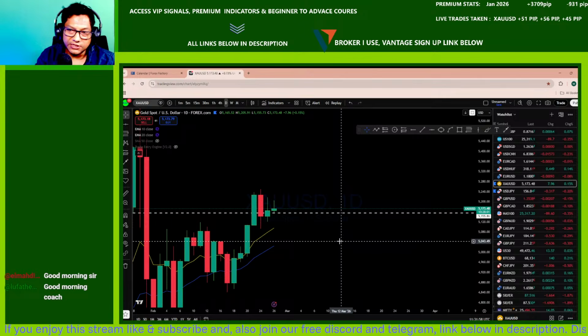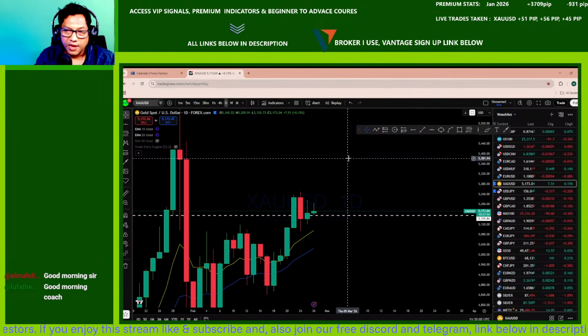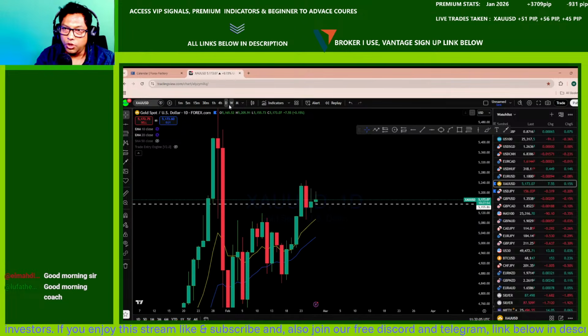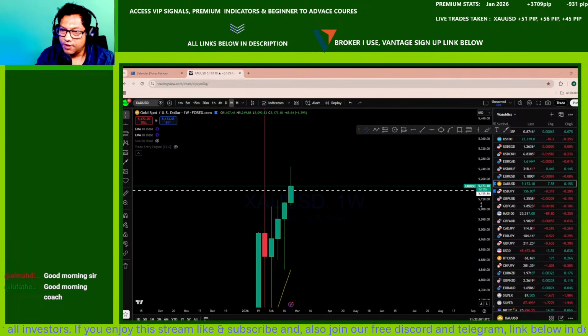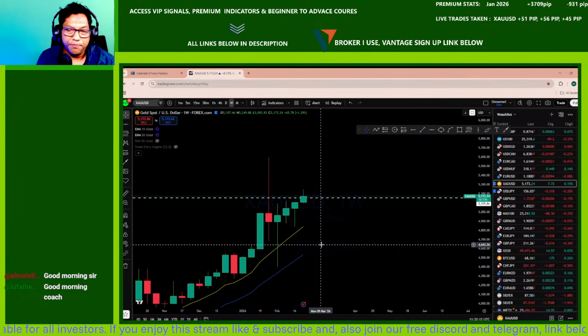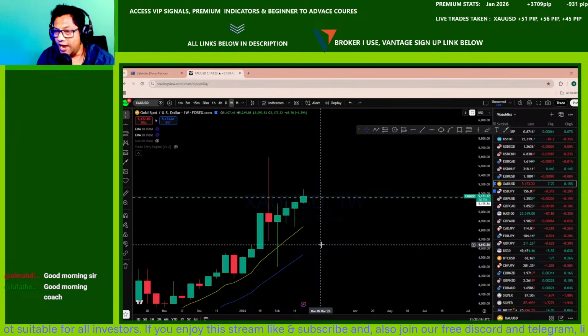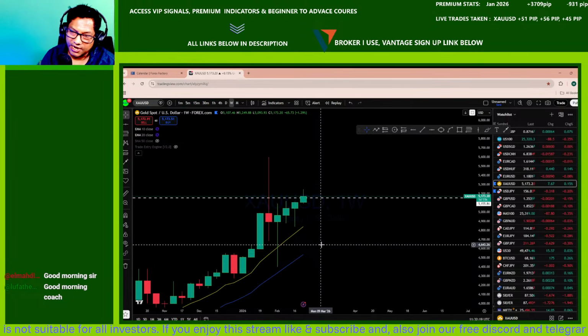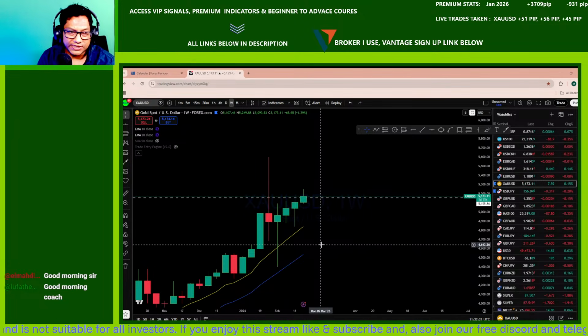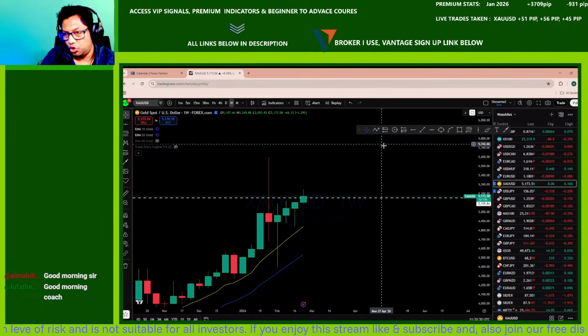Technically speaking, this is a bull market, right? We are looking at the daily chart and looking at the weekly. All right, so this is the weekly price action. Weekly looks to me significantly bullish here, more bullish than other time frames. On lower time frames we can see some sideways movement.